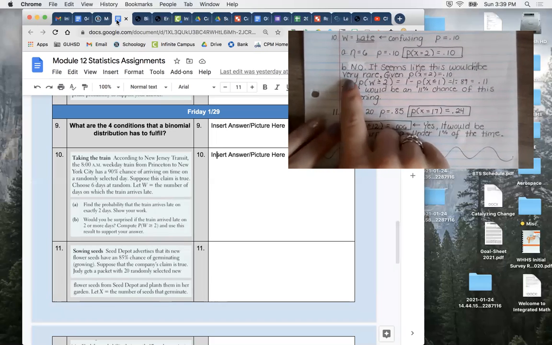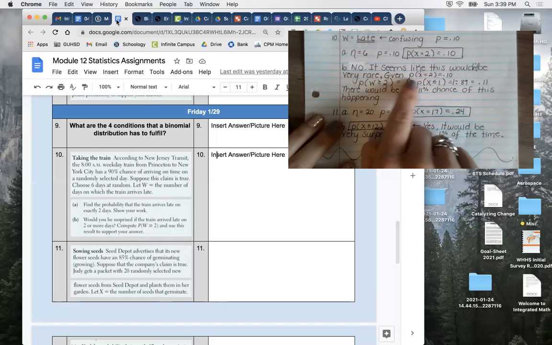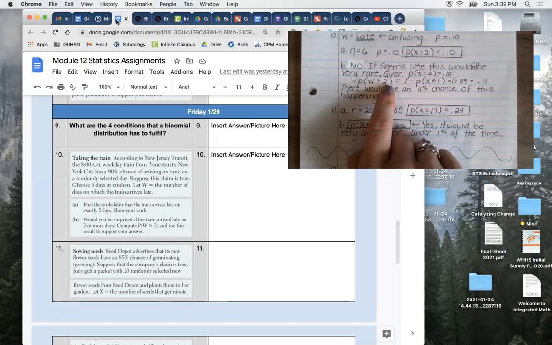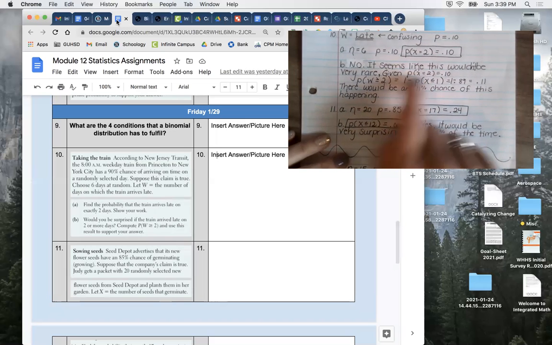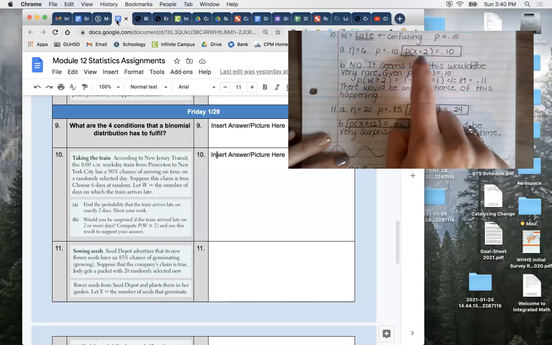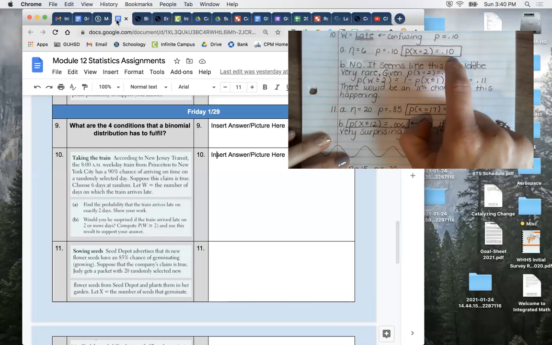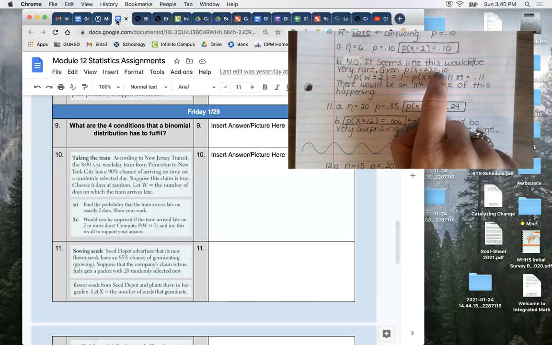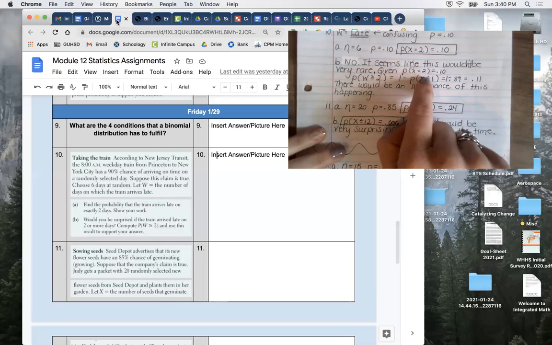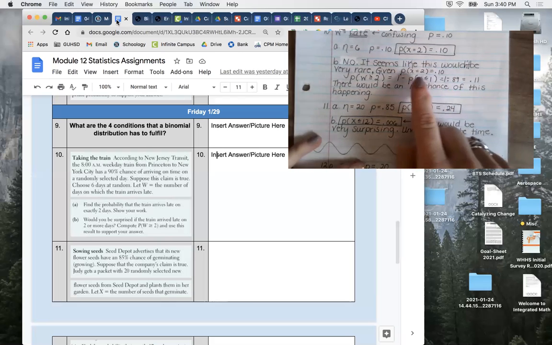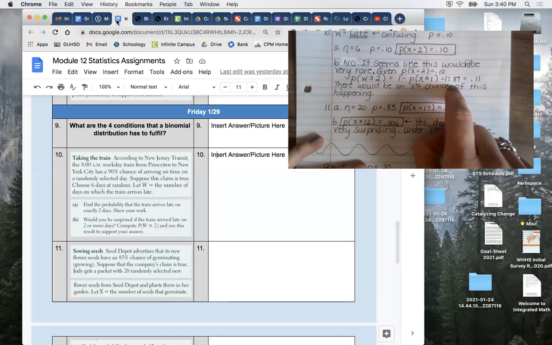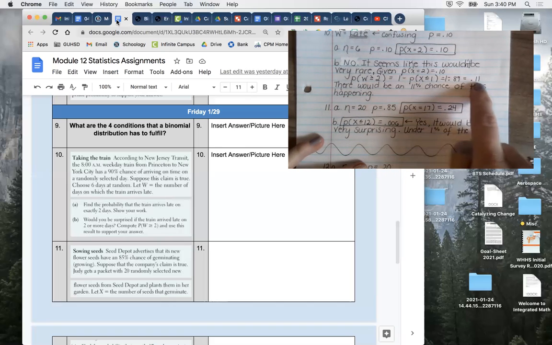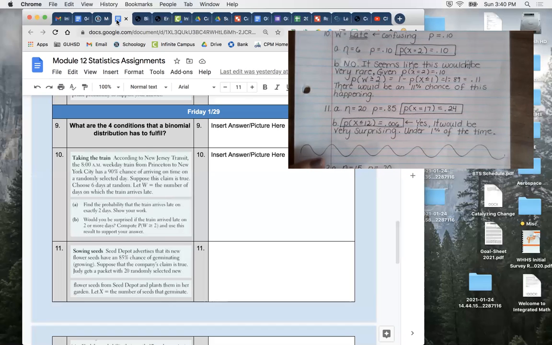Okay, so on the next one, it says in B, does it seem like it would be rare to be late greater than or equal to 2 days? And the answer there is no. For me at least, it was no, because we already got that for 2 days, it would be 10%. That's not rare. We really deem anything more than 5% is not going to be rare in our class. So 10%, this is saying greater than or equal to 2, so it's obviously going to be even bigger than that 10%. It ends up being 11%, not much bigger, but that's definitely not going to be too rare.